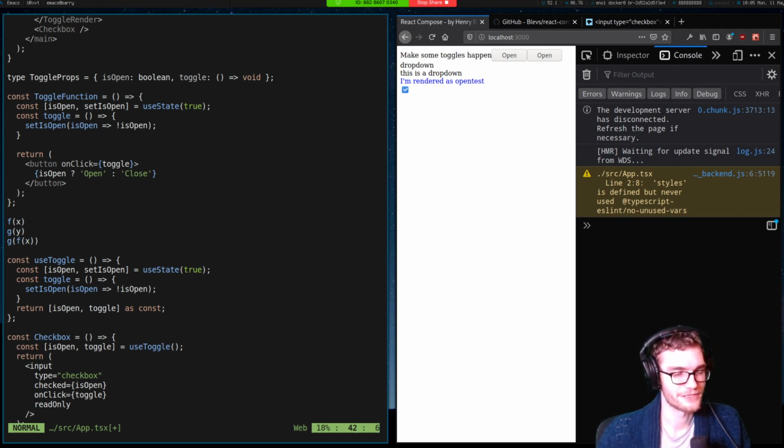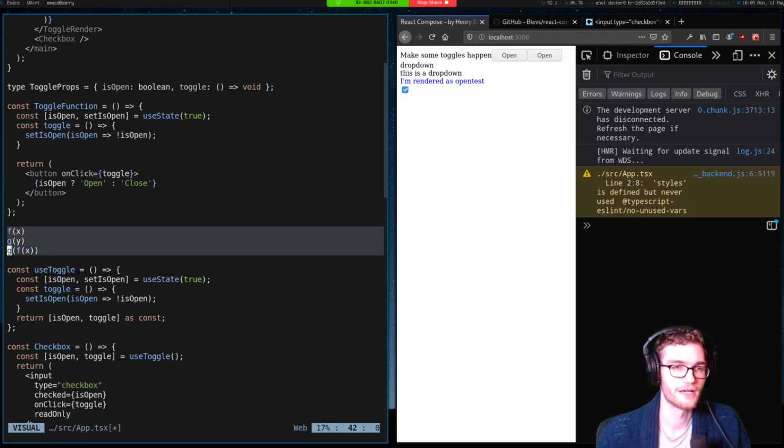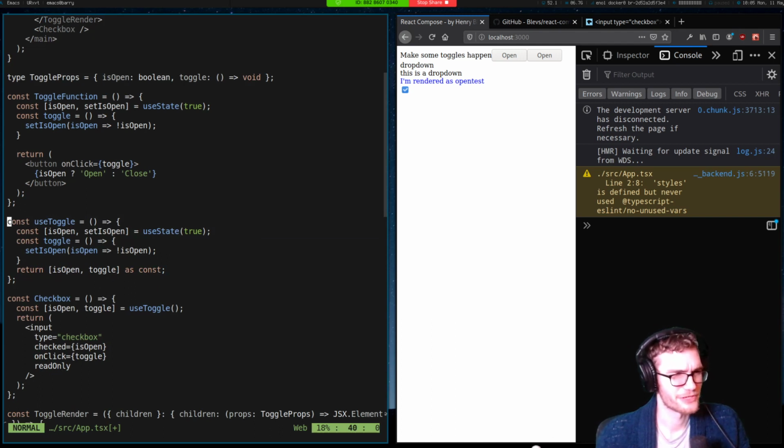And I didn't have to use math because we're programmers and we know what functions are, but that's where this term comes from. And the advantage of this, as opposed to inheritance, is that it gives us more options about how we want to handle the way these things compose. A clear example is you can't use a function component for inheritance because that's not how classes work. But also, if we want to compose things multiple times, how do you write a class that inherits from two different things